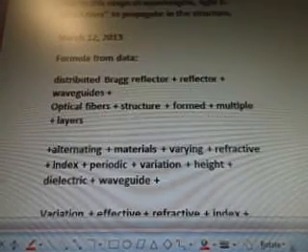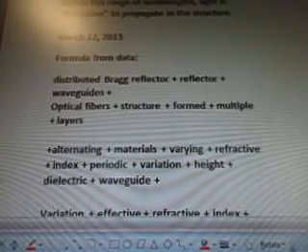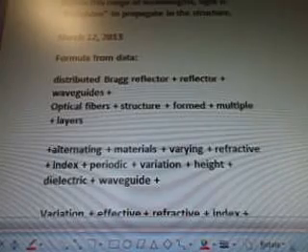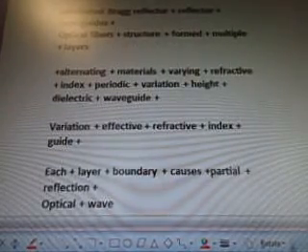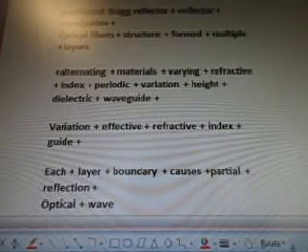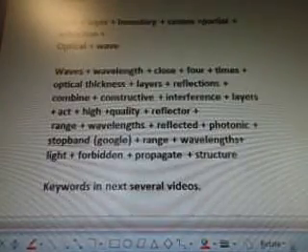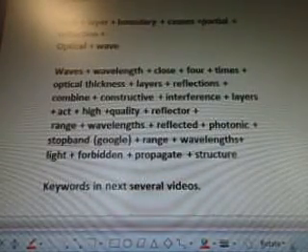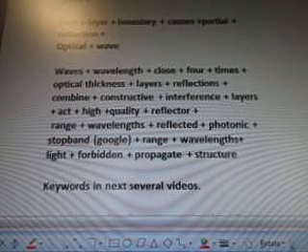March 12th, formula from the data. Distributed Bragg reflector, waveguides, optical fibers, structure formed multiple layers. Alternating materials, varying refractive index, periodic variation, height, dielectric waveguide. Variation, effective refractive index guide. Each layer boundary causes partial reflection, optical wave. Waves, wavelength, close, 4 times, optical thickness, layers, reflections, combined constructive interference, layers act high quality, reflector, range, wavelengths, reflective,